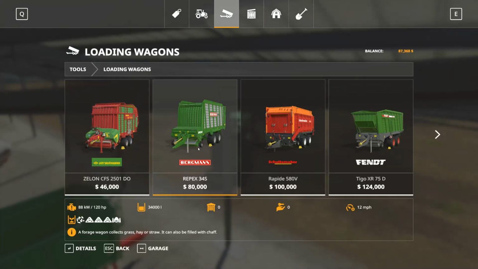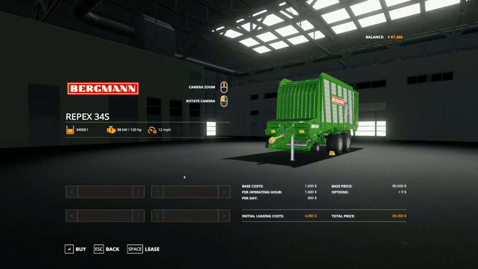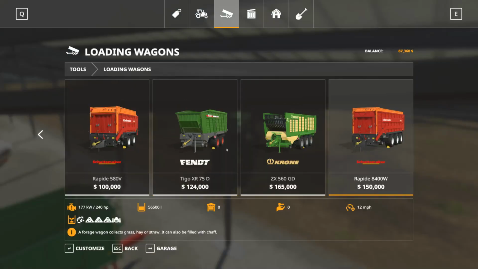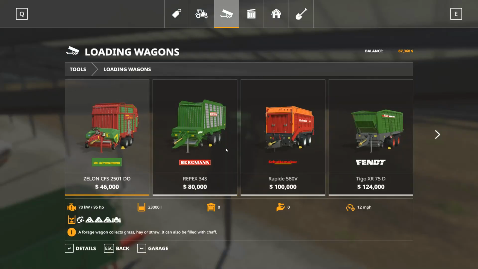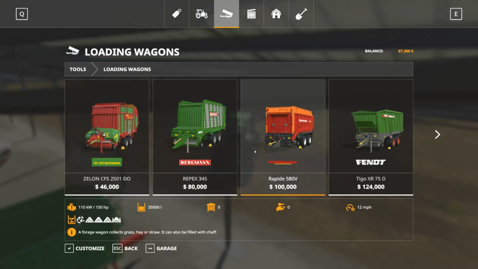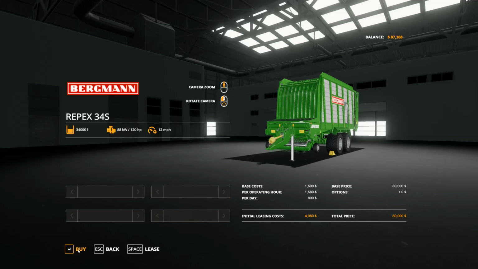All right, so let's get this Bergman. Seems reasonable to me. You know what? Let me check something. No, I don't have any mods. Yeah, they all hold the same thing. All right, so let's buy it. We can only get green. Not that we would want something else, but...